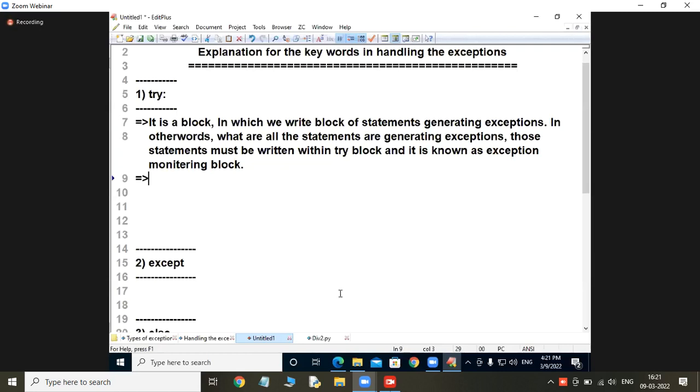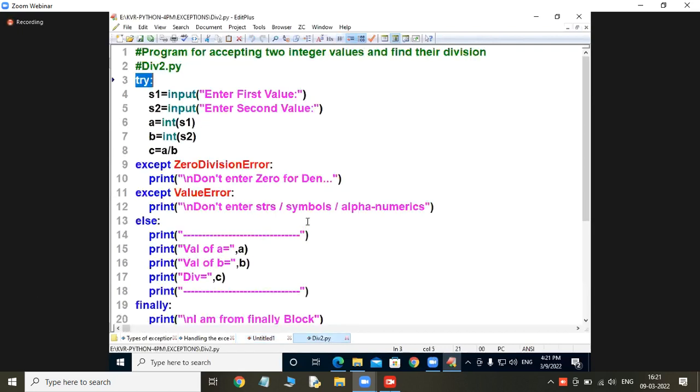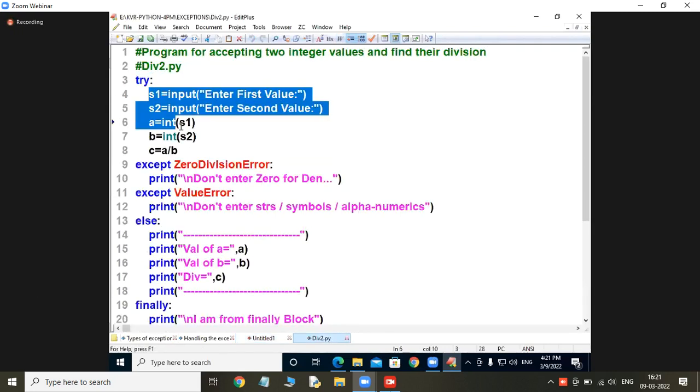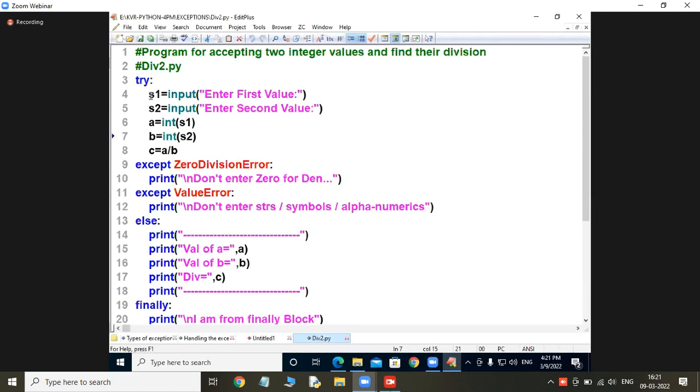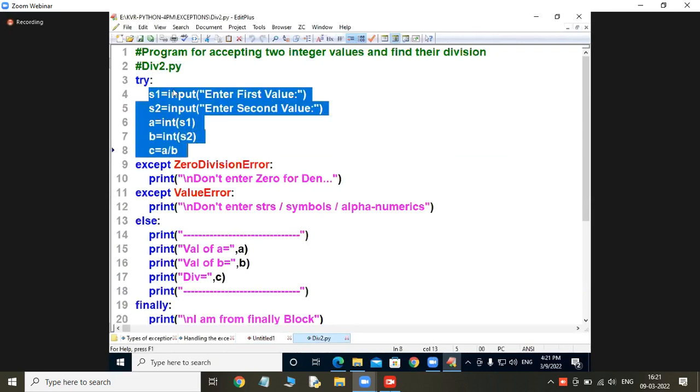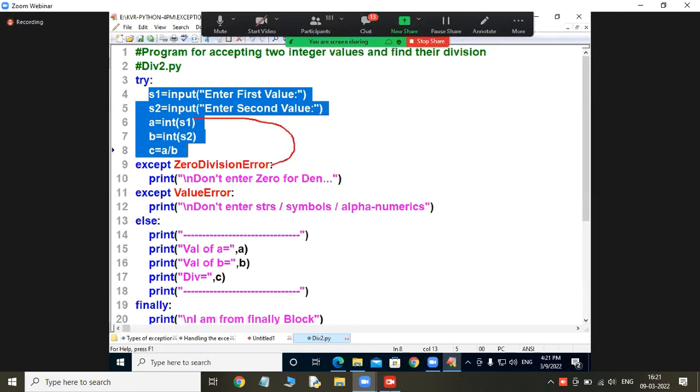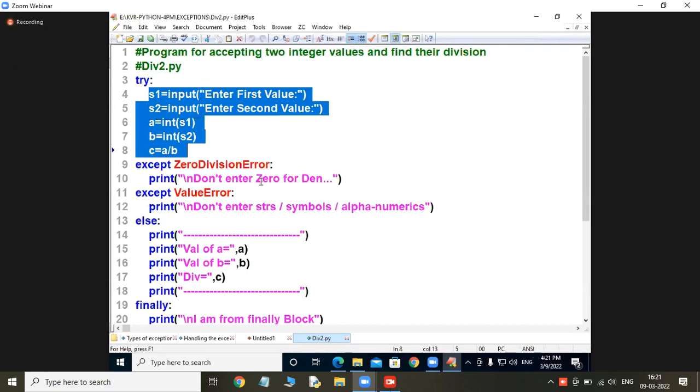What do you understand about my last explanation? Look at this place: in the try block, an exception is occurring. Where are the exceptions occurring? In the try block. Does it come out of the try block and execute the appropriate except block or not? So, coming to the point.